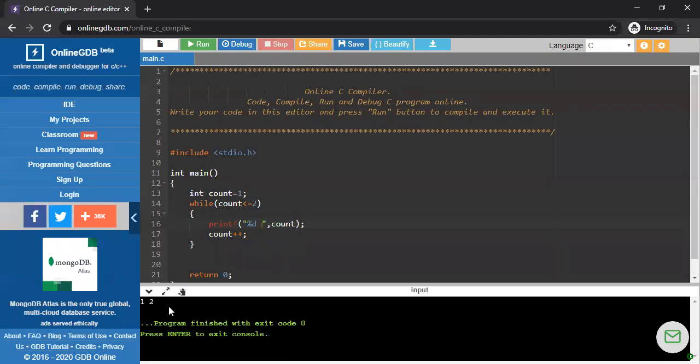Whatever the program in your quiz examination, whatever in your semester examination, because in the semester examination objective questions, there will be a lot of questions like "find out the output". At that moment there is no place to write the program. So this is a way: when you appear in those types of quiz examinations, write it down in your machine, whatever the compiler is, and check the output.